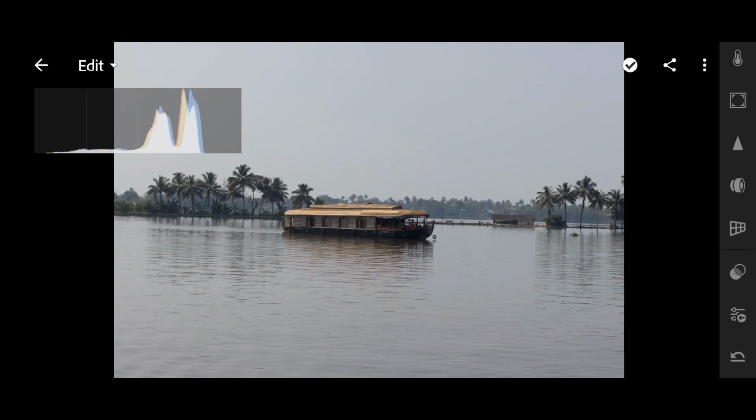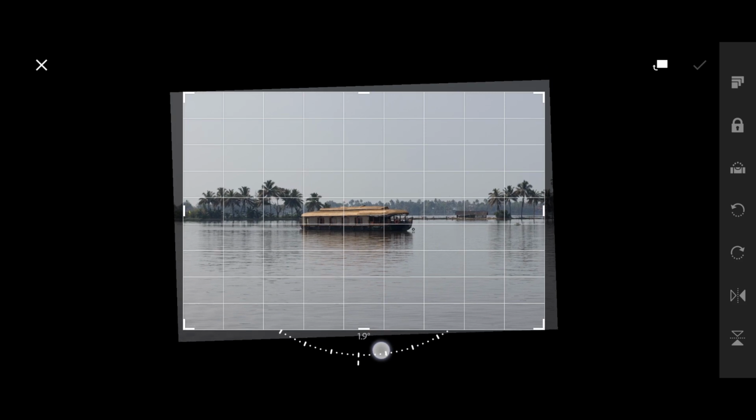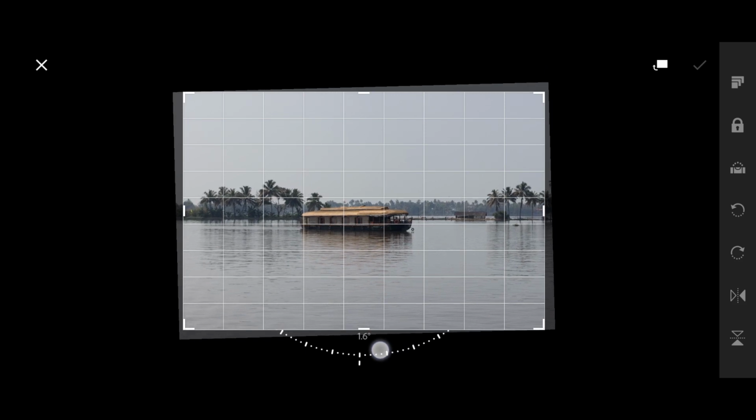The first and most important thing that everyone has to do is to straighten and crop the picture. Say you have a beautiful landscape picture, but its horizon is a little inclined. It ruins the entire experience of that awesome picture. In the case of this picture, the horizon is almost straight, so a slight adjustment is enough. Let me show this in detail with another example.